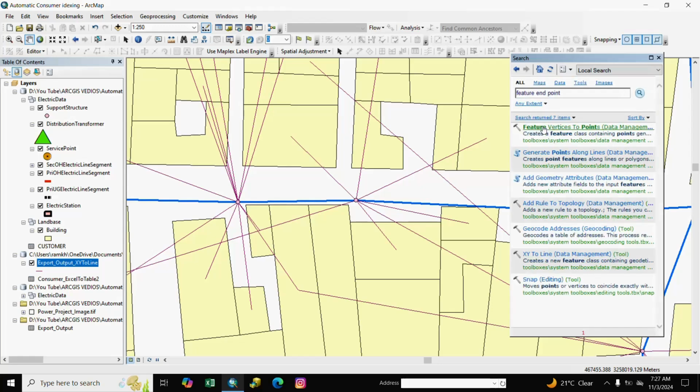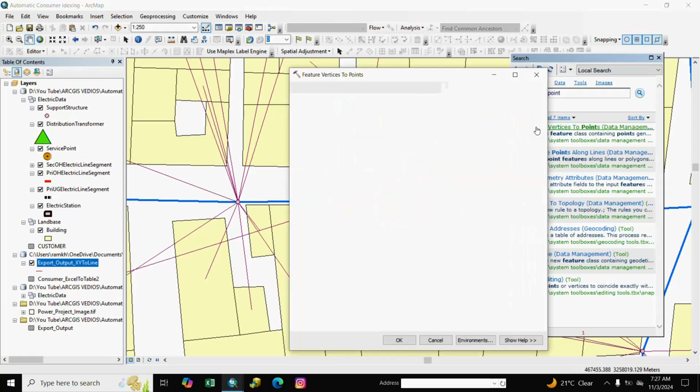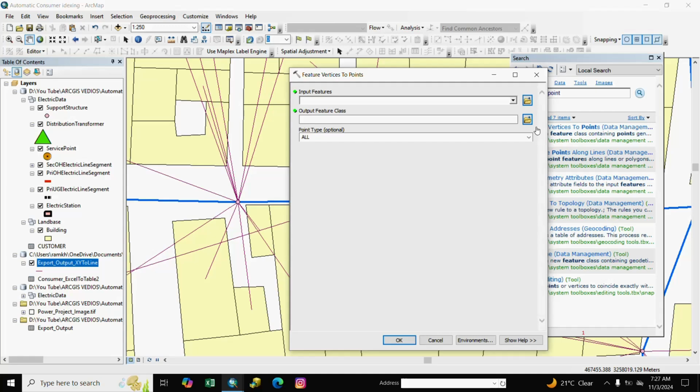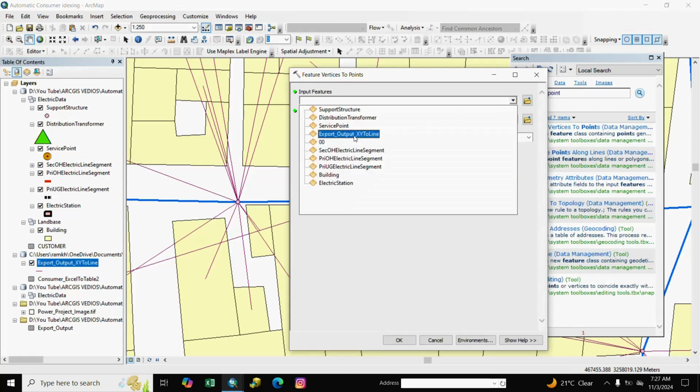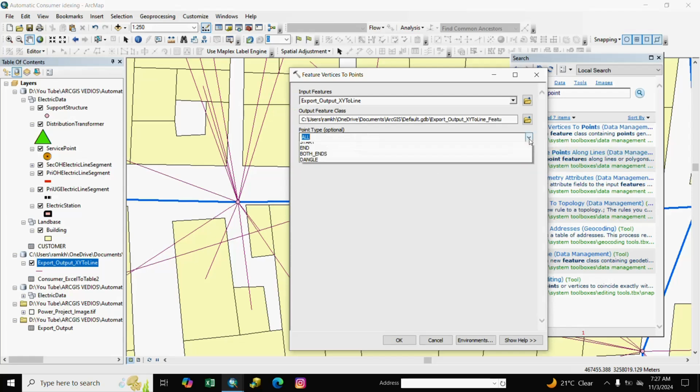Feature Vertices to Points, we select. We select here the XY line and endpoint and OK.